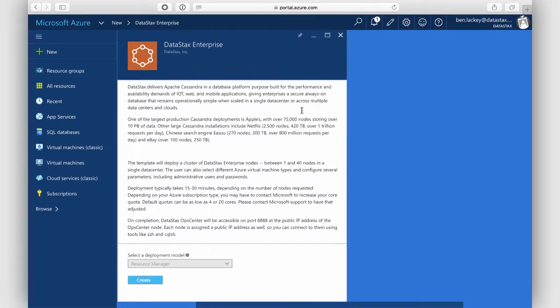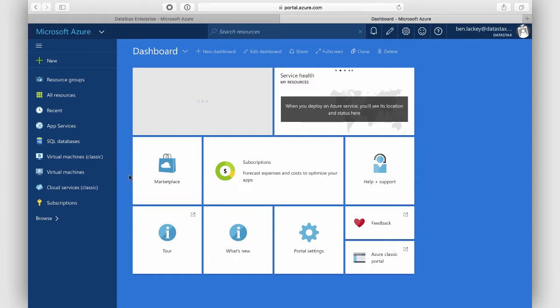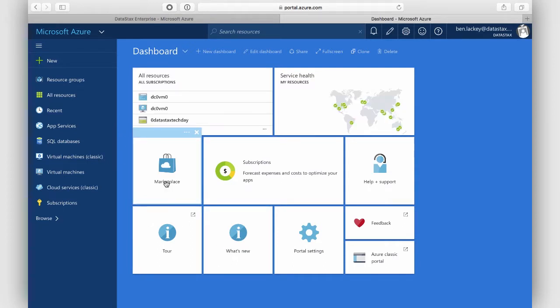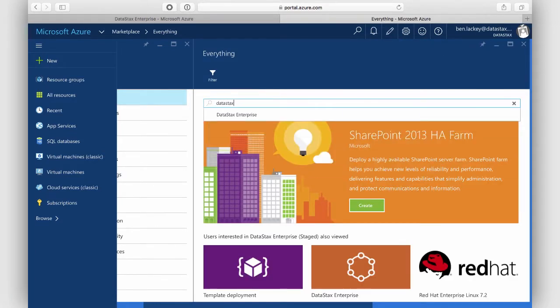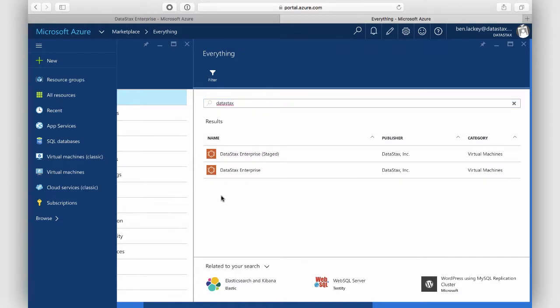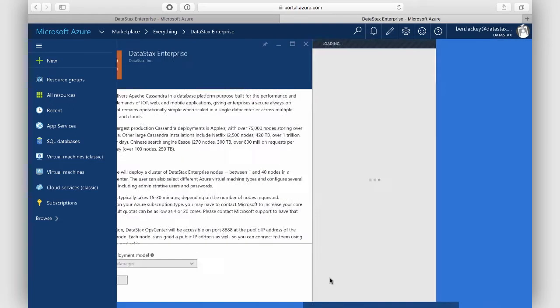If you go directly to portal.azure.com, you can also get here. So let me open up a new tab and show you how to do that. So it logs me in here. And from the portal.azure.com page, if I click the Marketplace tile, and just as we did before, search for DataStax in here. This time you can see it comes back with two entries. The one labeled staged is something that we're moving through QA right now, and you wouldn't be able to see that with your account. So this is the offer, so we're back to the same place. So to actually deploy this, I click the Create button,